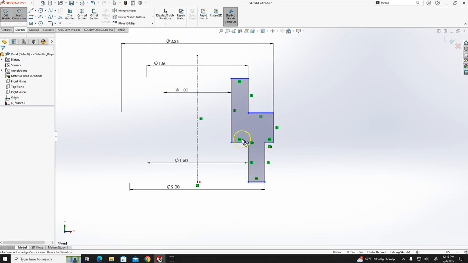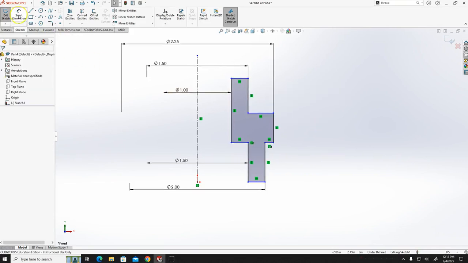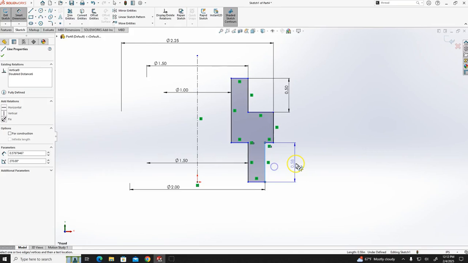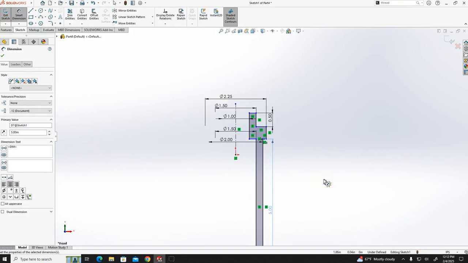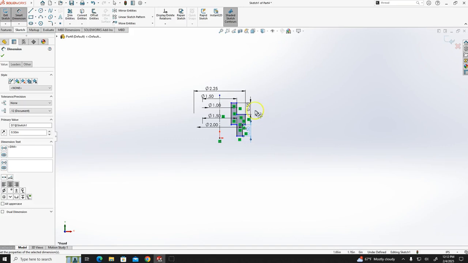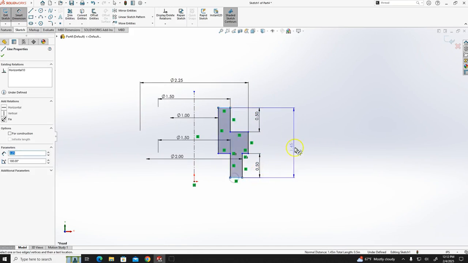Now you can see these lines are blue, that means they are going to move this way. So we need to restrict them. Let's give the dimensions first. I know that this is 0.5, this is also 0.5, also 0.5, and the distance between this line and this line should be